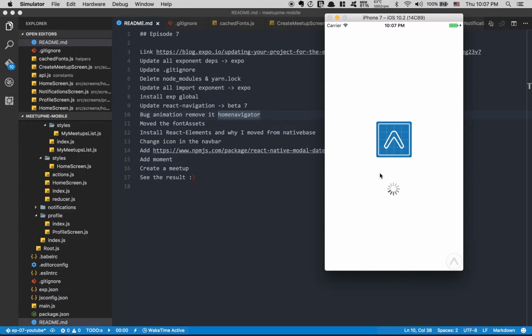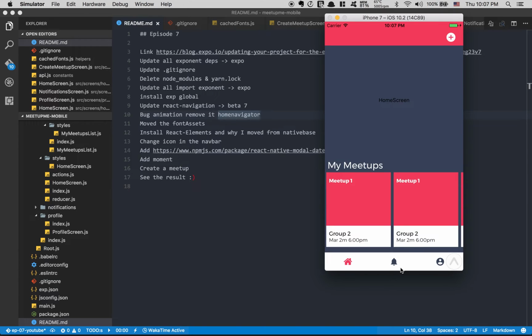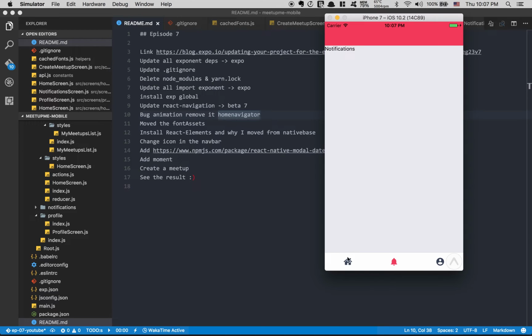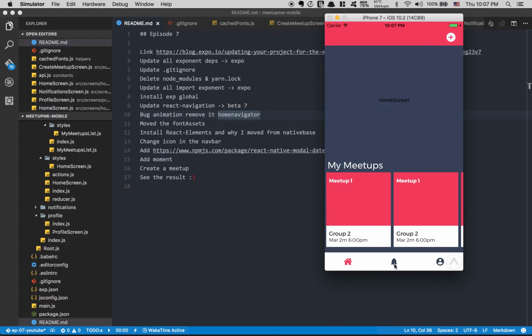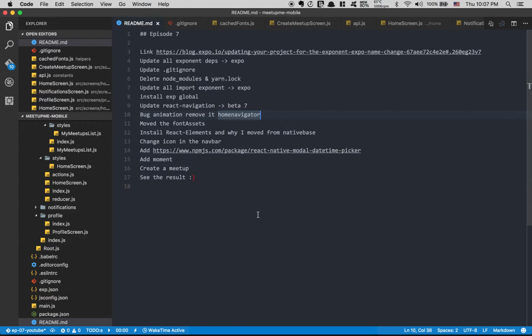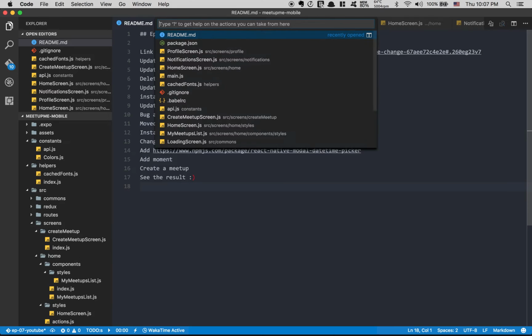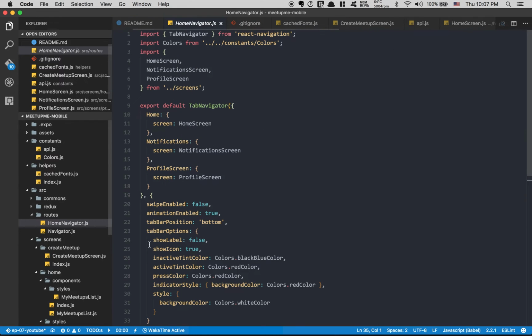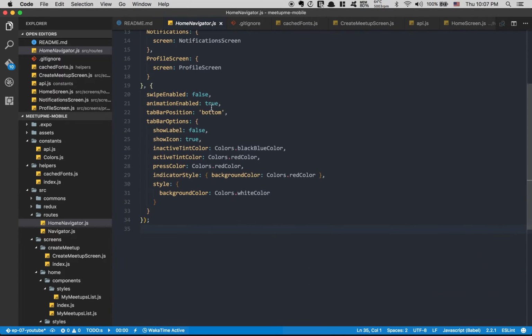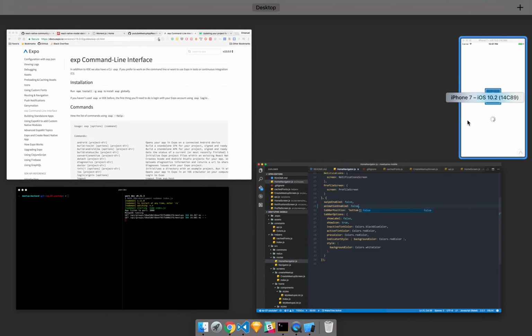Another thing I found too is we have some lag here. You're gonna see when that's done. As you can see, the plus is really slow to remove. What I found is if we go to the home navigator, where we do all the navigation stuff, here I have animation enabled. I'm gonna make it false. So now if I make it false,